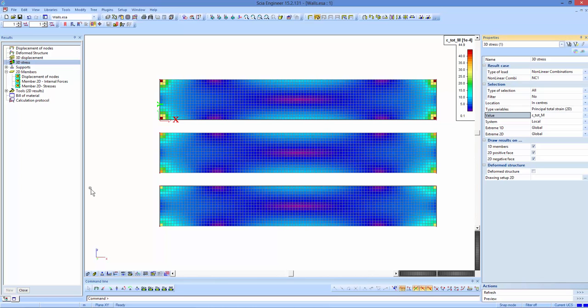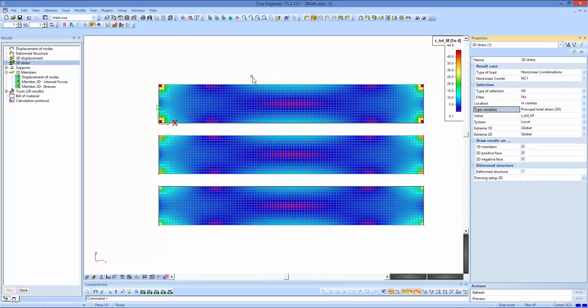And that is also the reason, of course, why you see some results for the strains here in the middle of your plate, even though there was no need to reduce the plastic stresses there. As you can see now, we clearly see that the highest strain values are of course there on the end sections of the walls where our stresses were also of the highest value. And we see that the maximum value of this elastic plus plastic strain is now